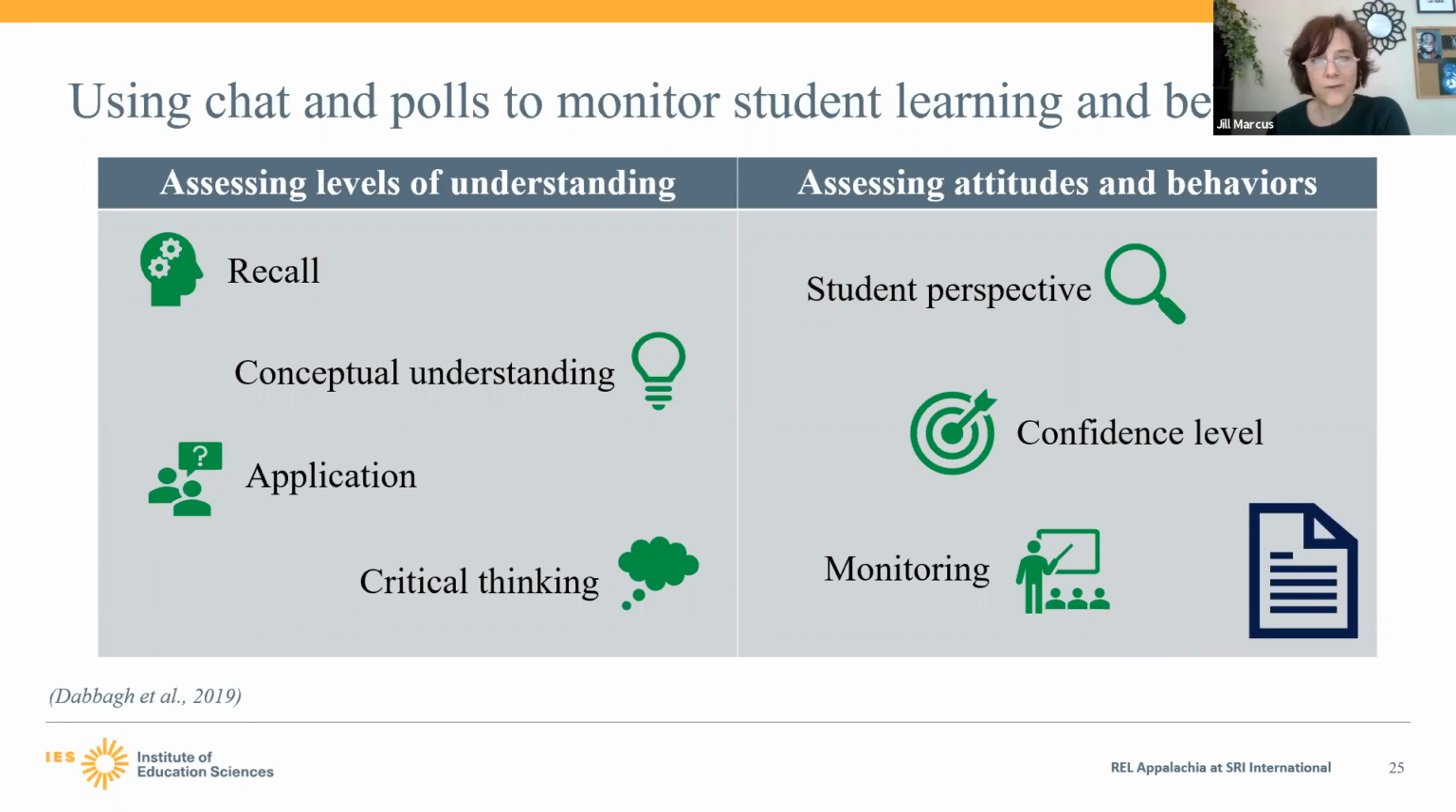You may be familiar already with the different levels of understanding that a student can demonstrate by responding to questions: recall, conceptual understanding, application, and critical thinking. To use the poll or chat feature to get a quick read on what students know and are able to do, or what additional supports they might need, the trick is to choose just a few questions that will give you the information you need. You may also want to check in